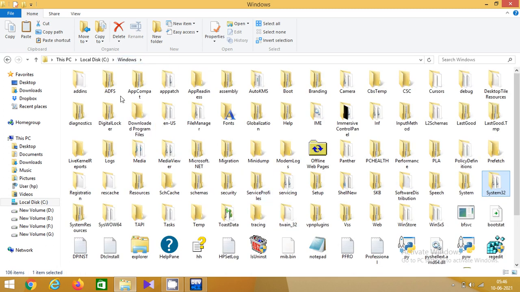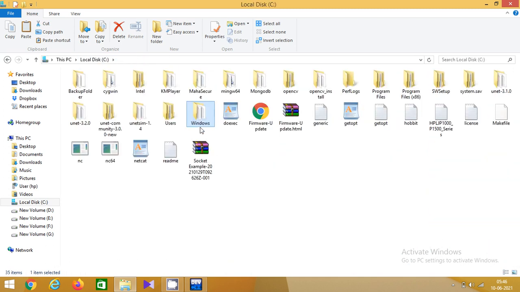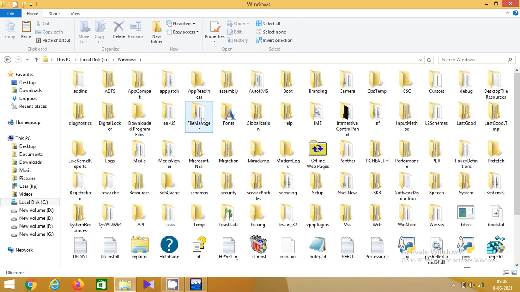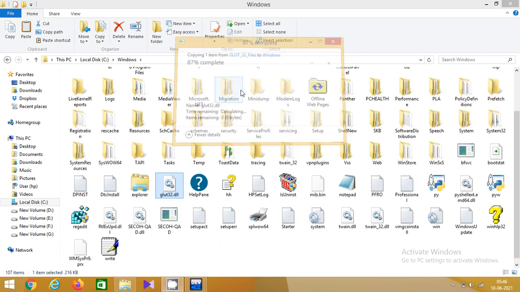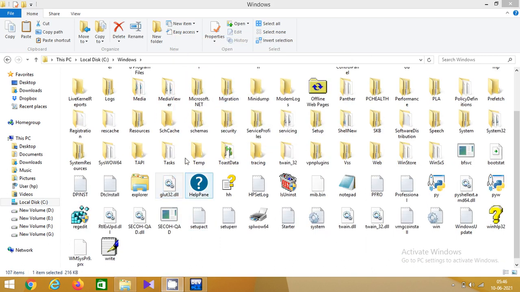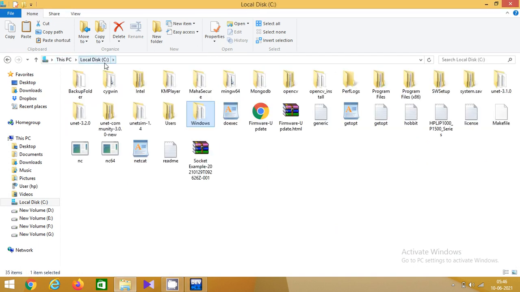And also you paste the DLL file under Windows. Now by this we have completed putting the OpenGL files at the appropriate locations.